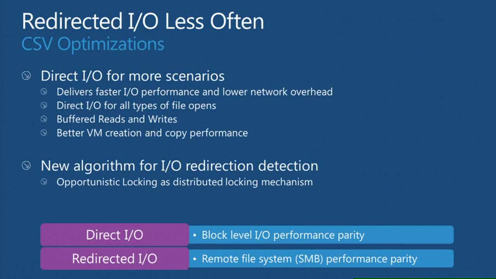As I indicated, in 2012, we want to be in direct I/O for as long as we can. How are we going to do it? So in 2008 R2, our mechanism was kind of static, determined by the scenario or the state when we started the operation. That resulted in scenarios like backup, where you were in redirected I/O mode for the whole duration of the operation. In 2012, we are using